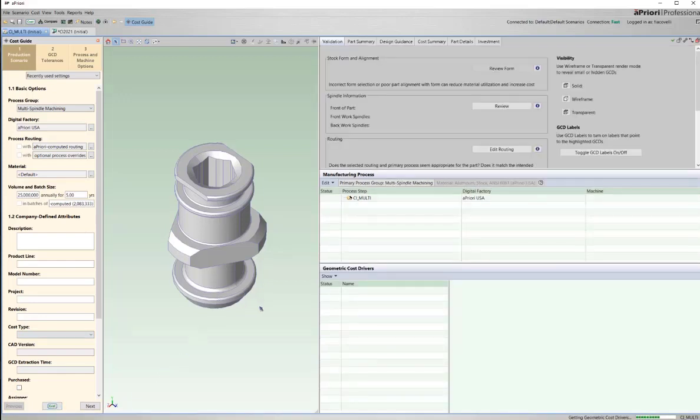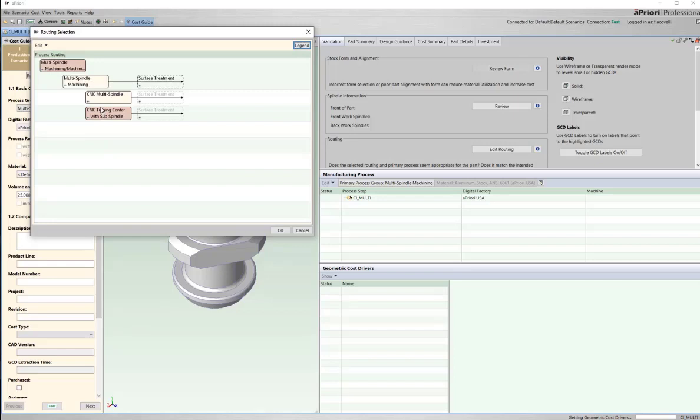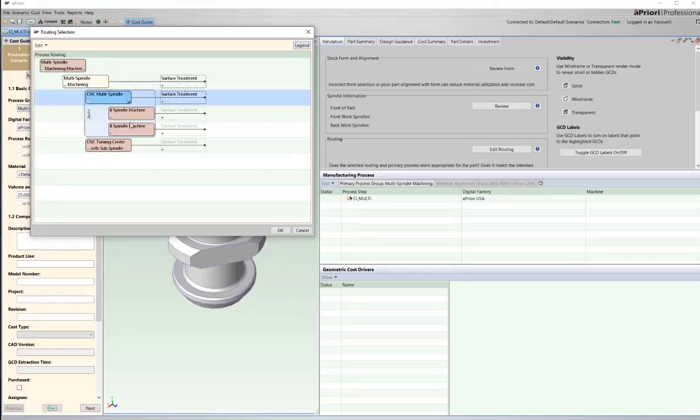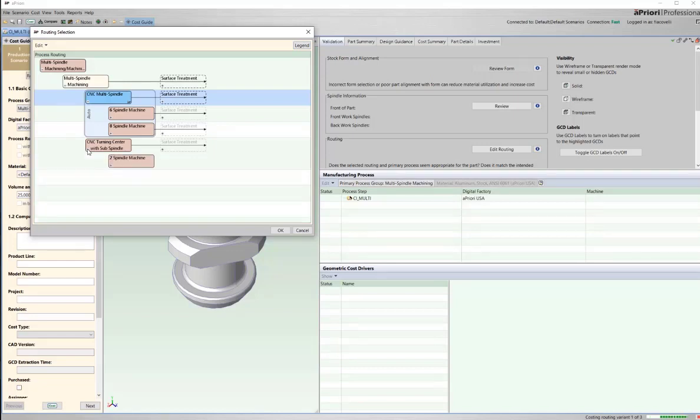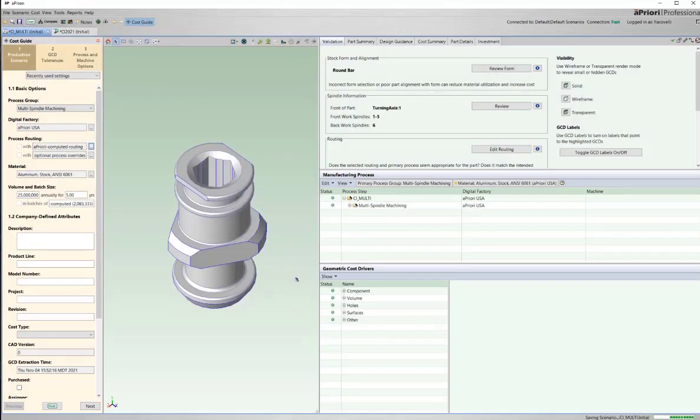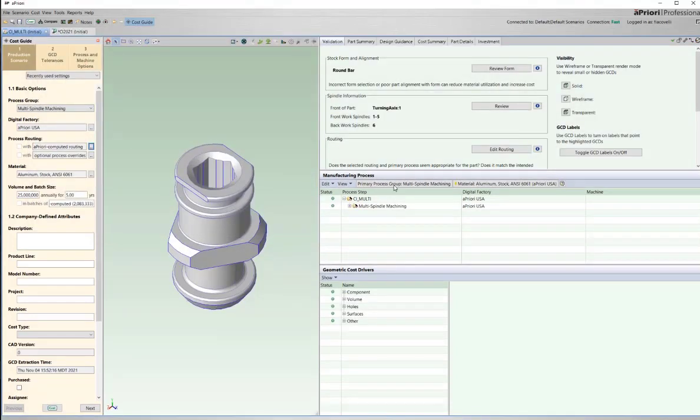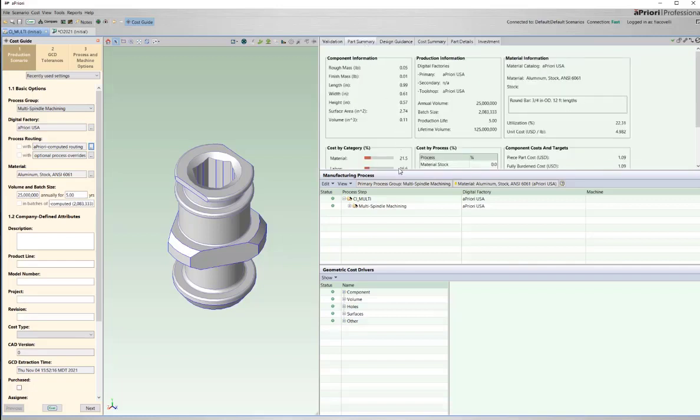This is going to do a geometry extraction as well, but we're pushing it through this multi-spindle module. Within here, you have slightly different routings. You've got a 6 and an 8 spindle machine, and then what you've also got is a 2 spindle traditional multi-axis machine or mill turn machine. aPriori's now come back from costing. It says the front spindle is working on operations 1 to 5 and the back spindle works on 6. If we go to part summary, within here